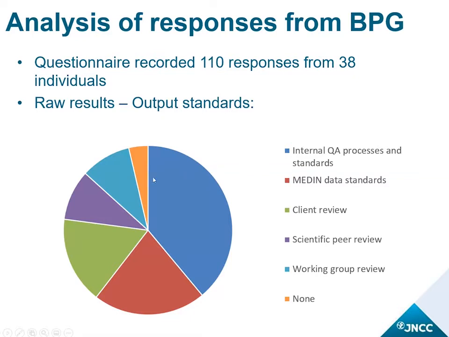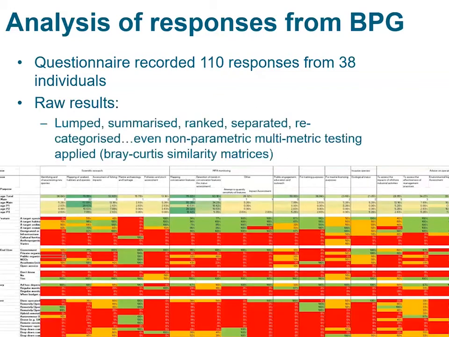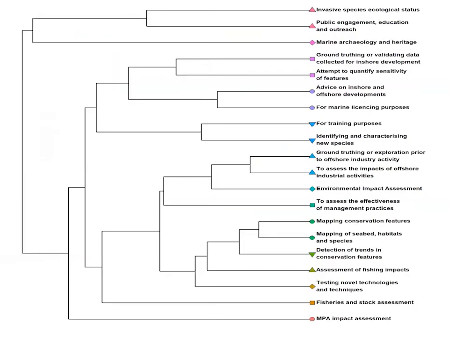So it shows you this is where we'd like to work on coming up with some sort of standards framework, but the other speakers will talk about that. So we took these results, and this is an example of what they look like, lots and lots of entries, and we crunched them. We even ran some non-parametric tests through them, generating Bray-Curtis similarity matrices. This is an example of one, grouping the different purposes that were in the survey